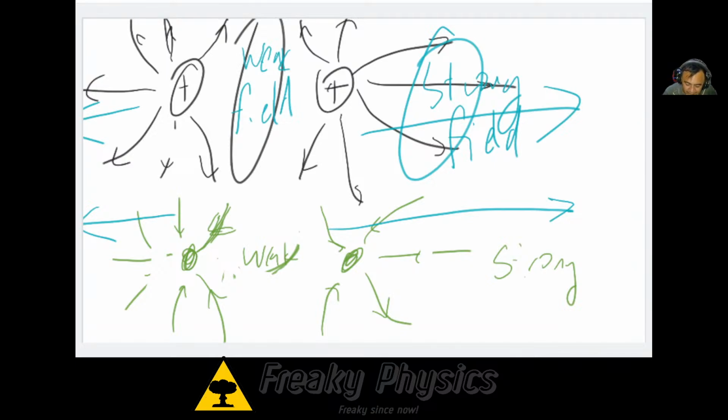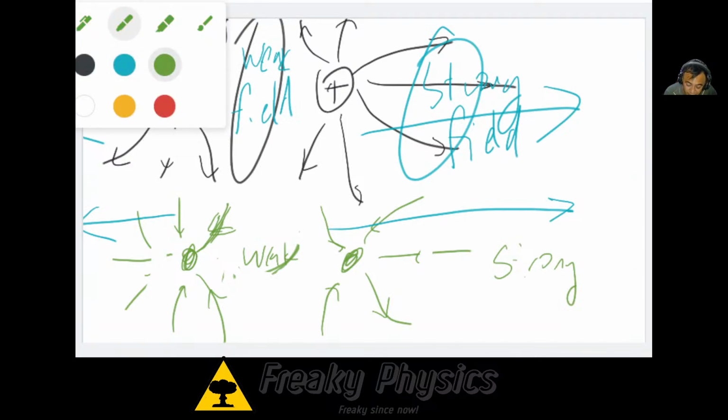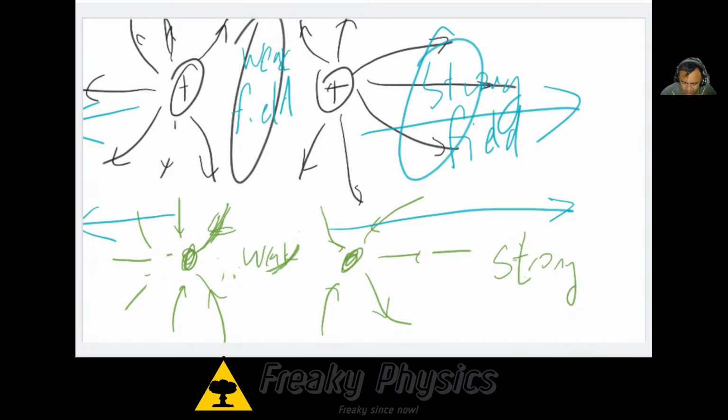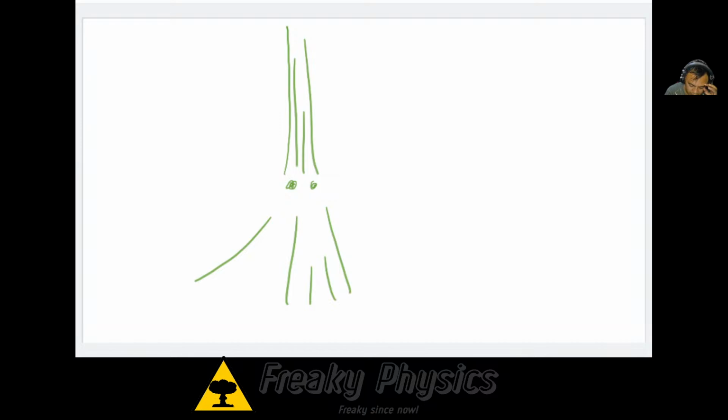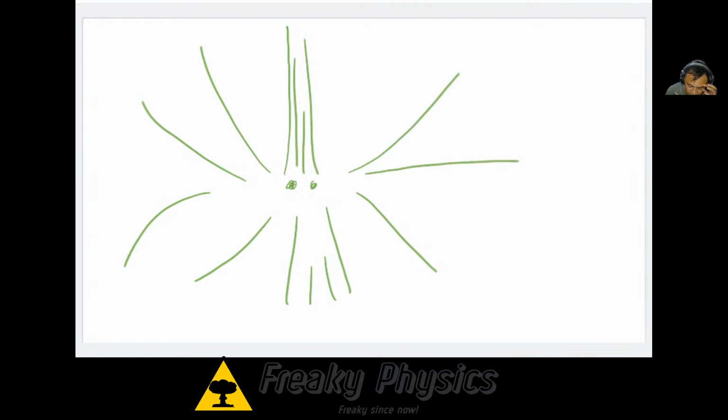Again, I think an easier way for you to think about this is to look at it from very far away, for you to understand this better. It doesn't matter if this is positive or negative, but from very far away, basically the lines look like this, and then get more and more spread out. So even though the field in the middle is weak, even though this is weak, right there,